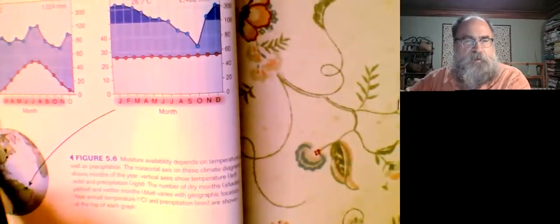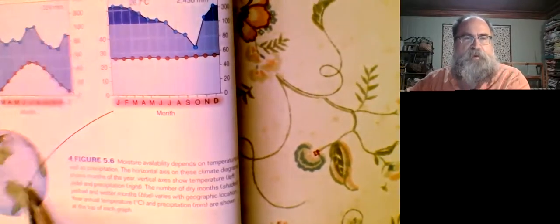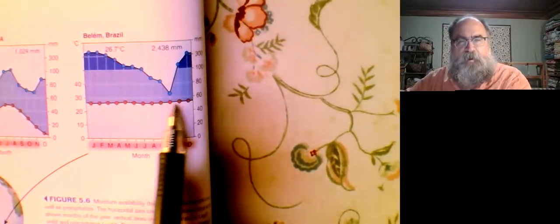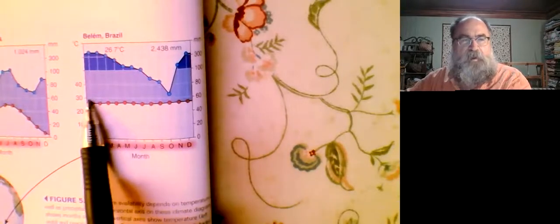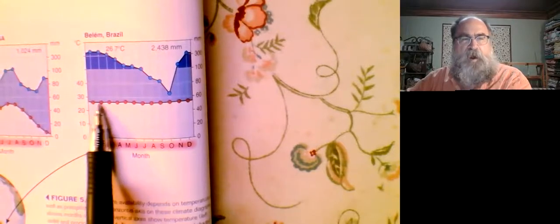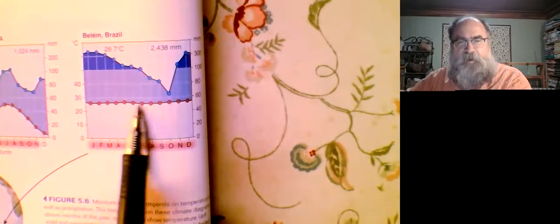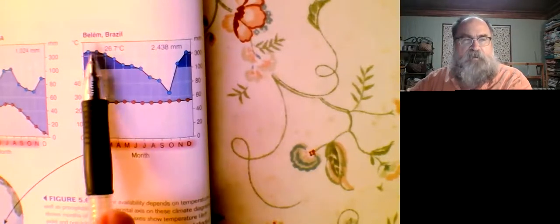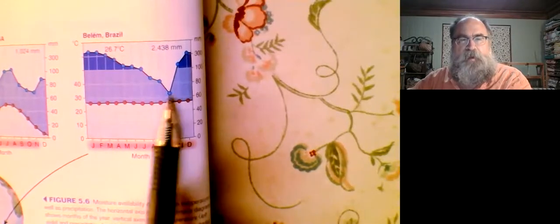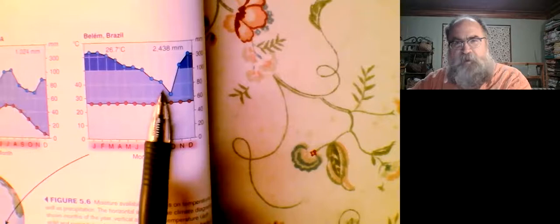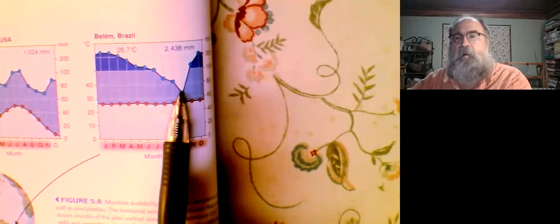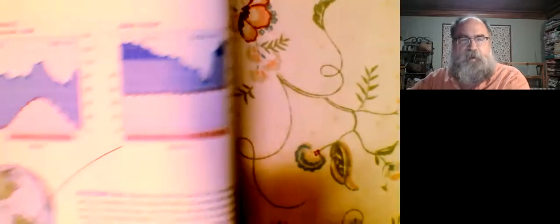Now down here, we're taking a look somewhere in Brazil, and we're on the equator. Temperatures are pretty equitable, and don't really change a whole lot. We see over here degrees centigrade, maybe 26 on average. They're averaging the monthly temperatures all through here. And the average of the monthly rainfall is really high, and drops way down, but never gets so far down that we're going to have a whole lot of evapotranspiration. We're not going to lose water from the system. Then it comes right back up. And so,